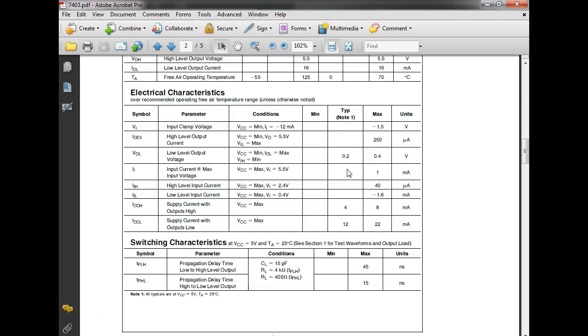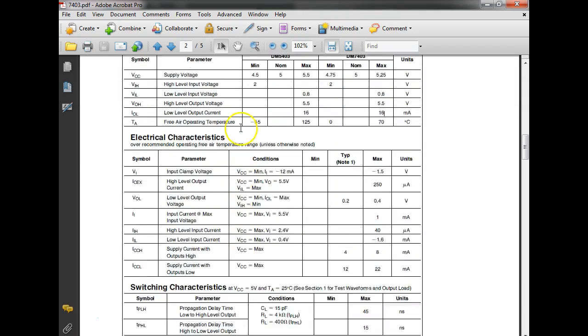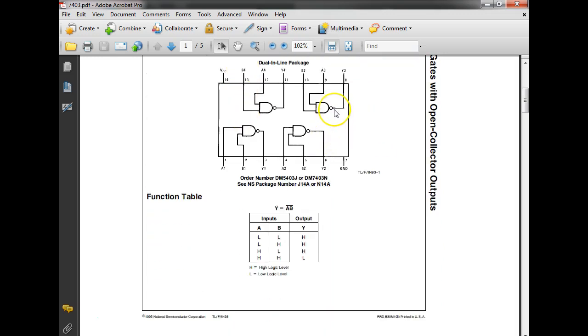But what I really need to figure out, if I was going to design a power supply, is I would come up here and this is what I would use. I would figure out, okay, what current does this gate require to run this thing? So fan out is how many gates, how many inputs, and this is why when we come up here and we do this,